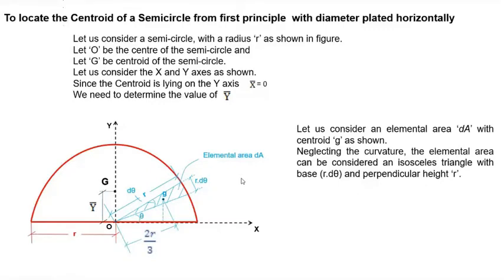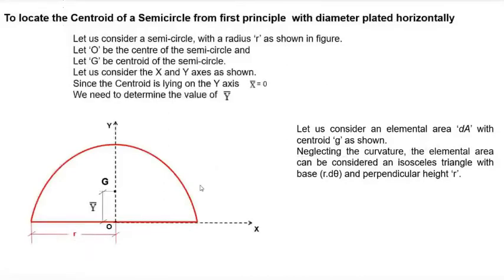Now let theta be the angle made by the small elemental area. Actually speaking, this elemental area is a representative part. In order to get the whole area, you need to have n number of triangles like this. You may have one triangle like this, one more triangle like this, and so you can have n triangles, and you will get the total area. But now we will be considering only one elemental area, applying the formula and proceeding with that.